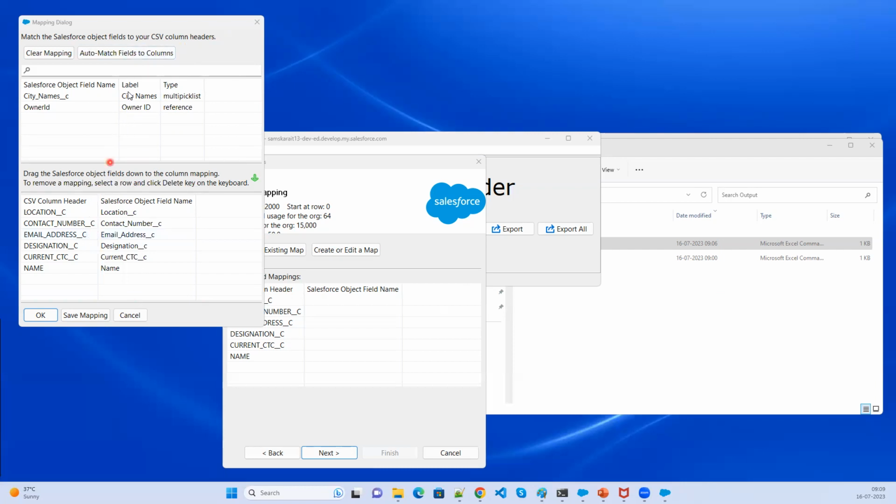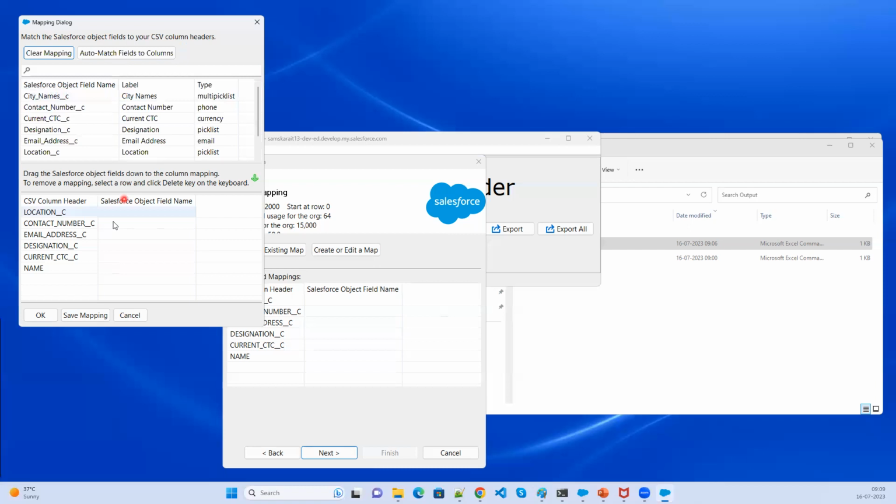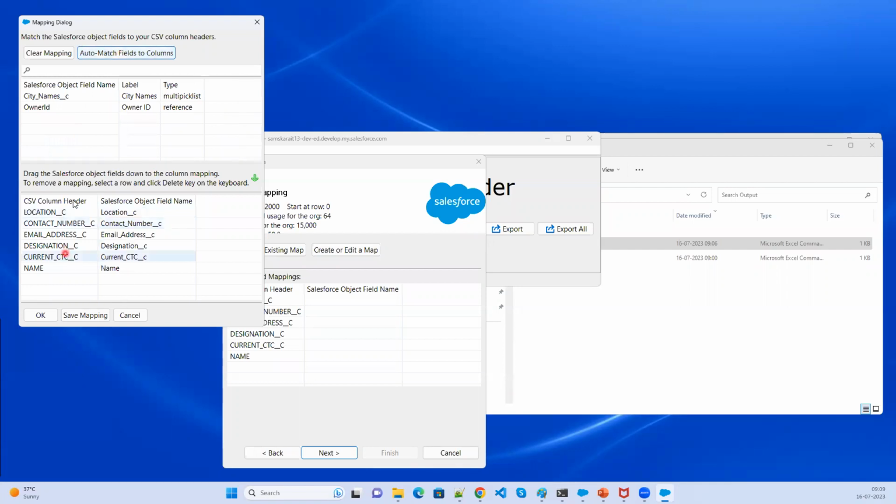In case the system, in case Data Loader, is not able to identify the auto matching, then what you have to do? For example, this is not matched. Let's say clear mapping. Now here, assume that it did not find the auto match. So what you can do, current CTC or location. This is the location. Highlight this, drag it and place it here. Similarly, contact number: highlight this, click on this and drag it onto the contact number. Like this, you need to drag it. And then, if you want to save a mapping,